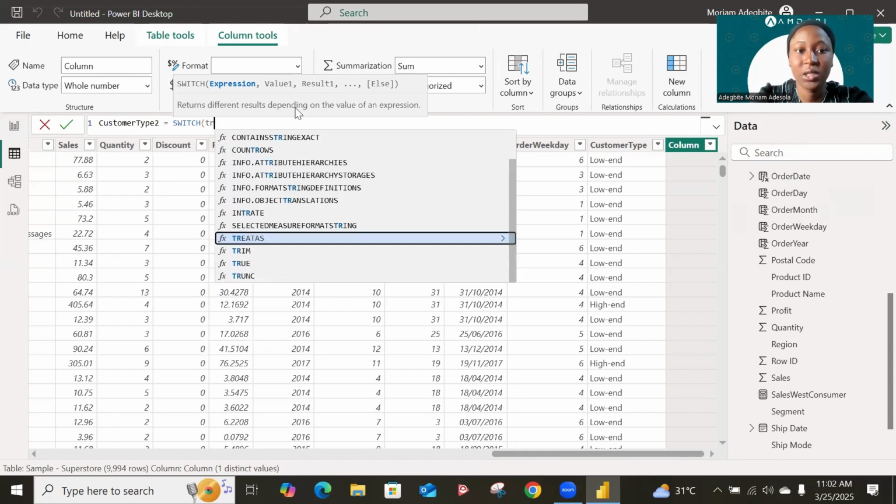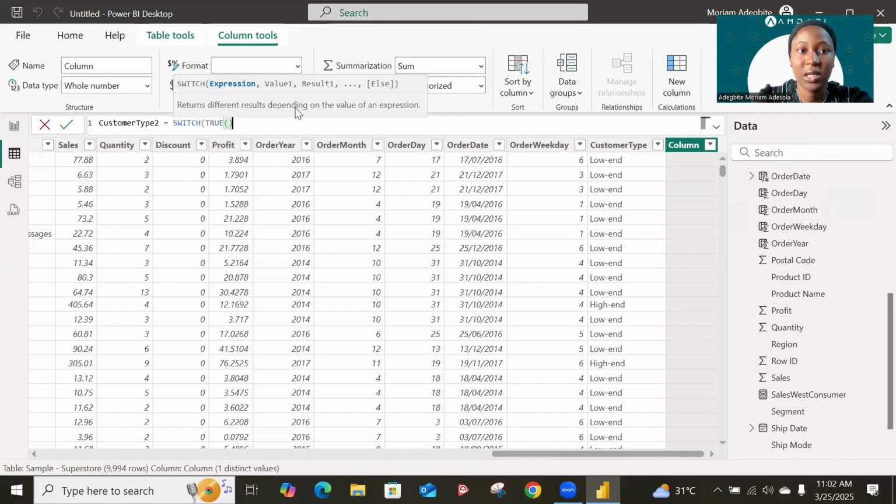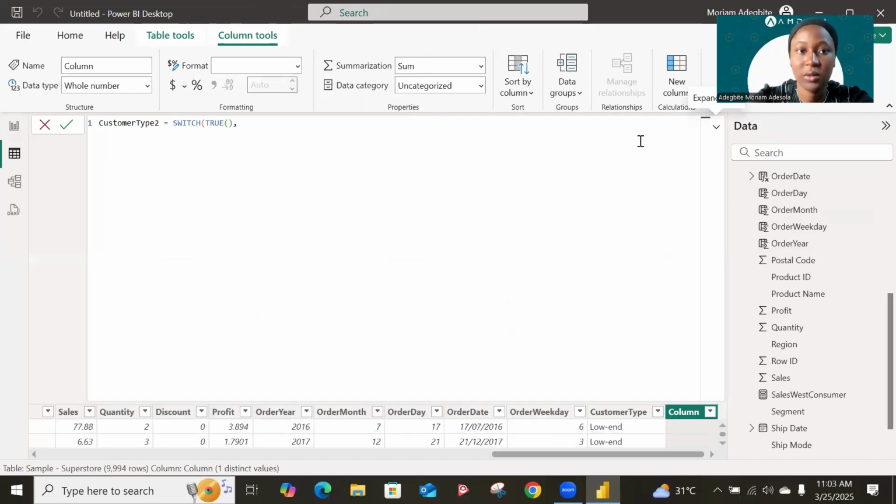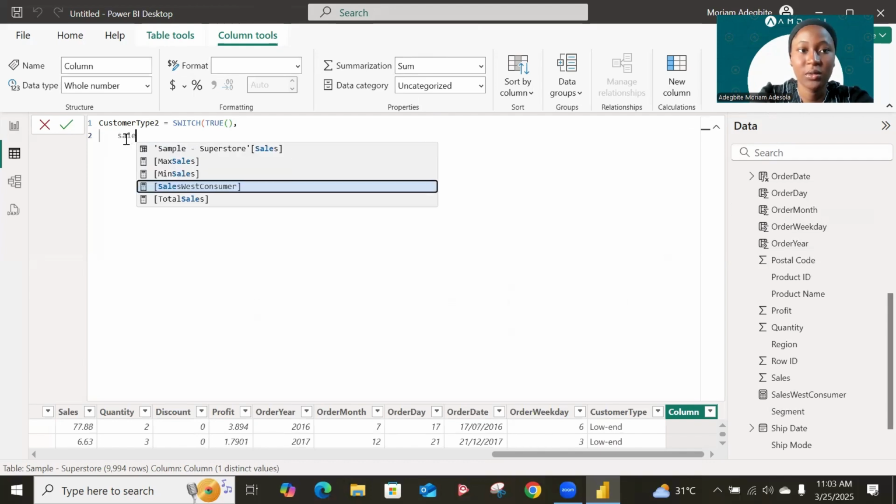Our expression first is that we would like this to evaluate as true, because the switch function would evaluate, we would like to include a calculation in this, and switch function usually makes use of absolute values. So just make use of switch, and then our value now, let me just put this down a little bit, come to the next line. So the value we would like to evaluate is if